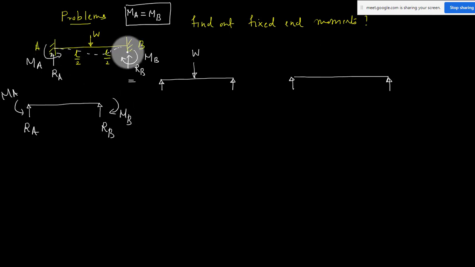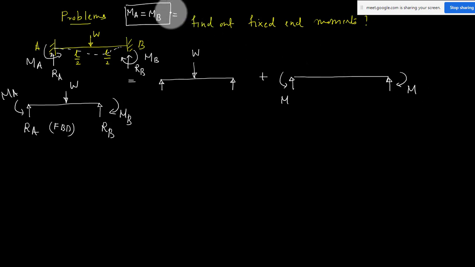So what is a free body diagram? You remove your beam from the supports, keep the beam, and apply all the reactions RA and MA, RB and MB. This is the free body diagram for your fixed beam. It is not the beam, it is a free body diagram. This beam I can divide into two cases, this beam plus this beam. For a free body diagram you have to show the external load also. The first beam is a simple beam carrying only the external load, and in the second beam I am keeping MA and MB. So MA equals MB.